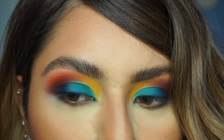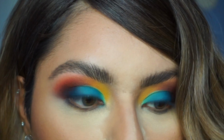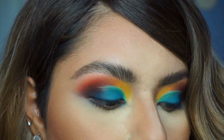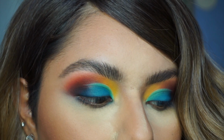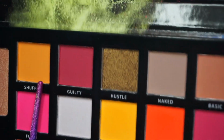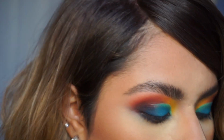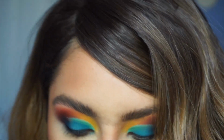Alright guys, so I went ahead and did the rest of my face along with my brows. Now I'm going to go ahead and finish up the rest of my eyes. I'm still trying to decide what color I want to do on the bottom. Like I said, I do want to show you guys how a lot of these colors perform. So I think I'm going to go ahead and do either a purple or one of the burgundy shades. Let me go ahead and show you. Either this Wasted shade right here or maybe this pink, or maybe this shade right here, Guilty. So I think I'm gonna go ahead and go with Guilty, and I'll probably add some of the hot pink,